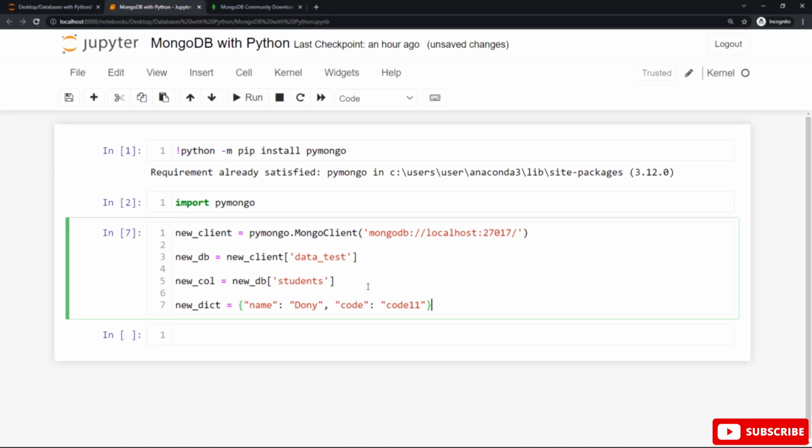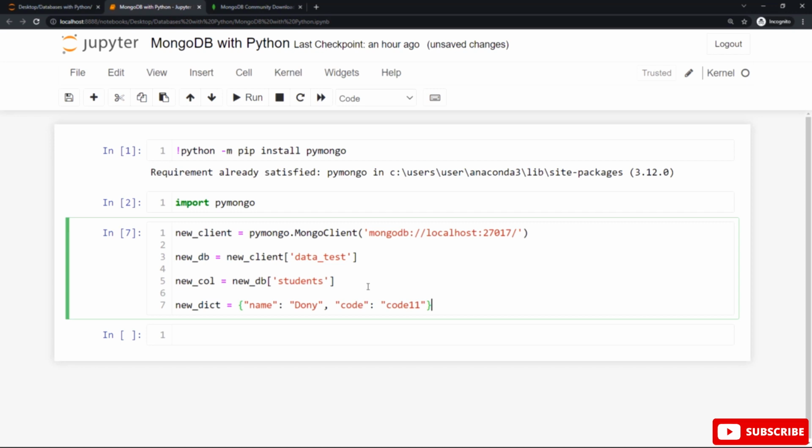You can see our first key is name and its value is Donny, and we separate these two items using a comma. And the second key is called code and its value is code 11, inside double quotes. All of that is inside double quotes, as you can see, and all these items are surrounded by curly braces.